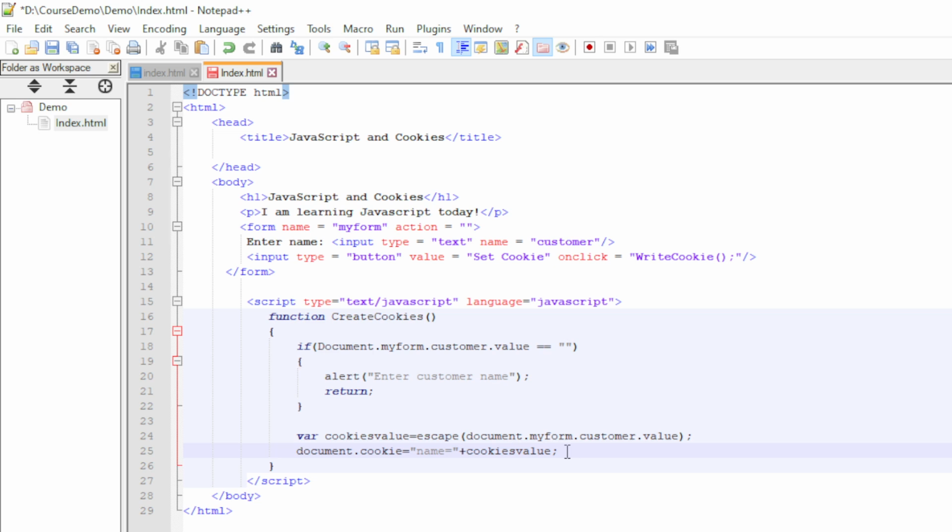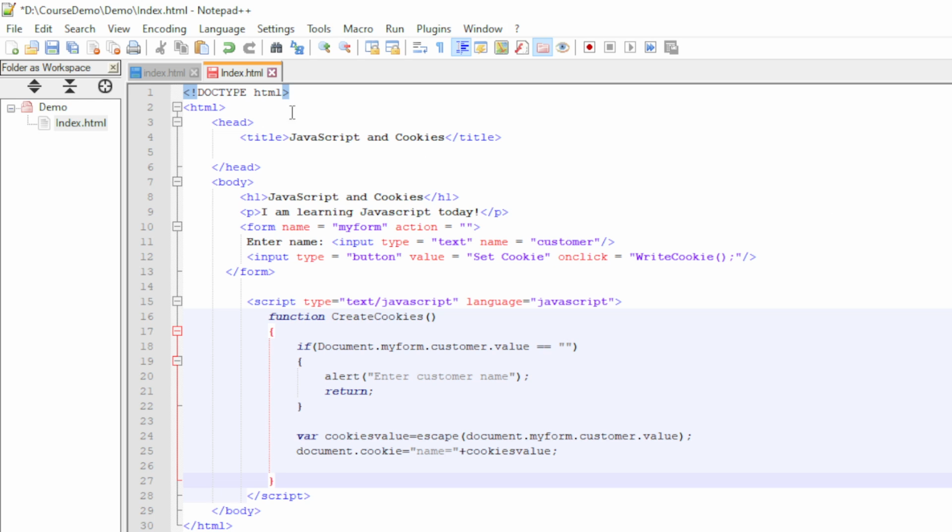So we created a cookie with key name, and whatever value we are putting there, we are putting in that cookie. So that is the first thing, we can create a cookie.